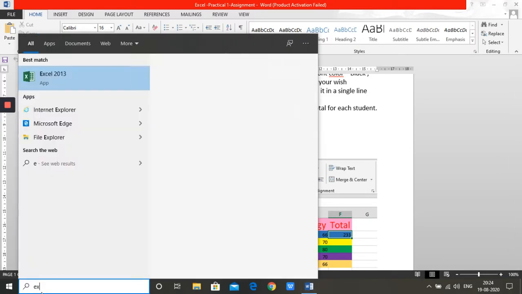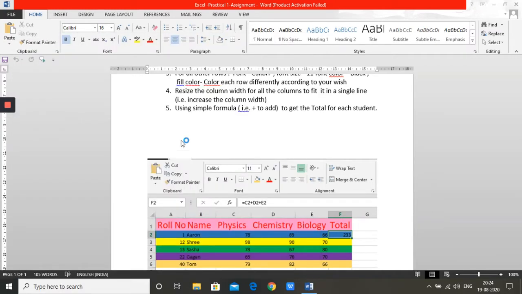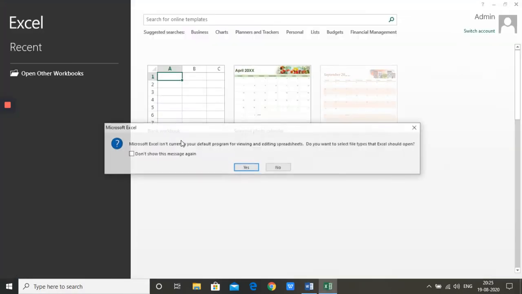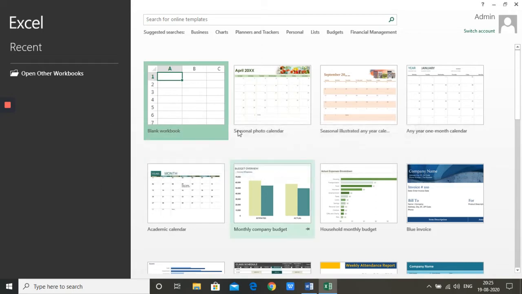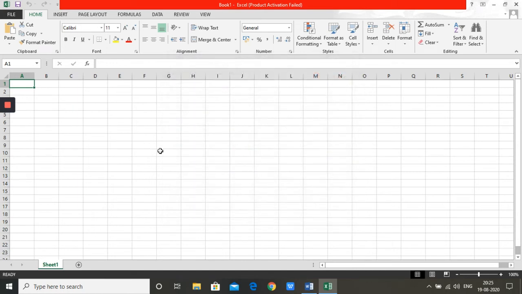So open Excel. We'll open a new blank workbook. So select blank workbook. Close this. Now we haven't saved it, so right now it is showing us Book 1. I'm going to do it in Sheet 1 only. I'll start from cell A1. You know that cell A1 right now is the active cell because it has that green boundary.